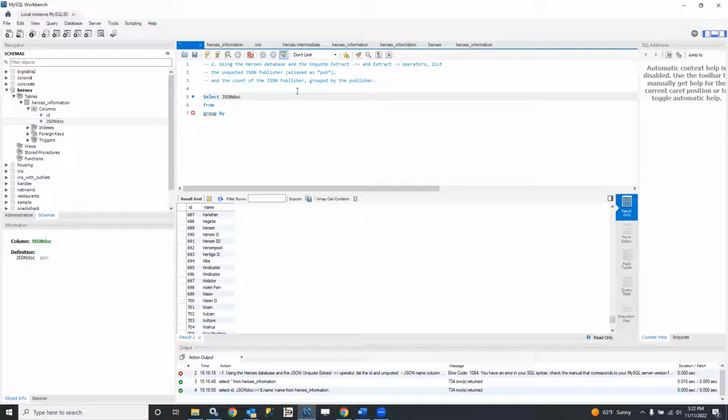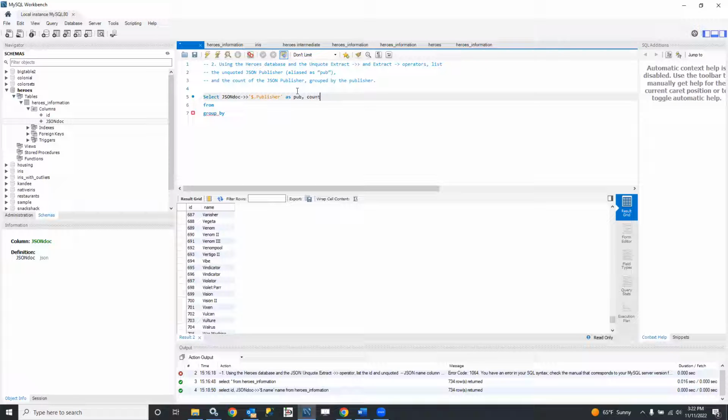So we're going to grab the contents of the JSON doc column, and on that, we're going to use the extract unquote operator, and then it's going to parse that string to find the publisher attribute identifier, and we're going to alias that, give it the column header pub,